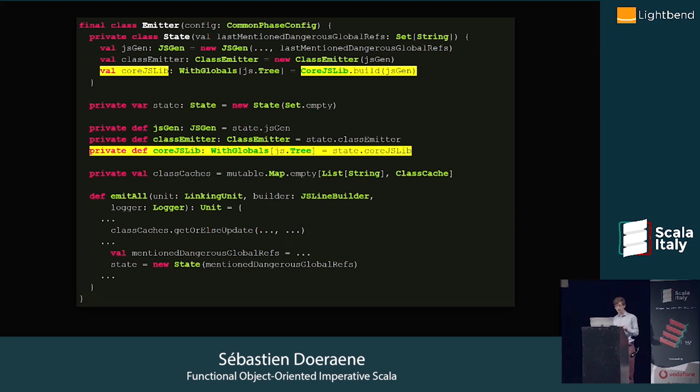So, and yet, assuming I don't mess up in this specific class, then from the outside, I can reason about it as if it were purely functional. And this is what I actually do. When I reason about my program, I assume this method is really purely functional. If it ends up not being true, then the fault is in there. It's not in the rest of the program, right?